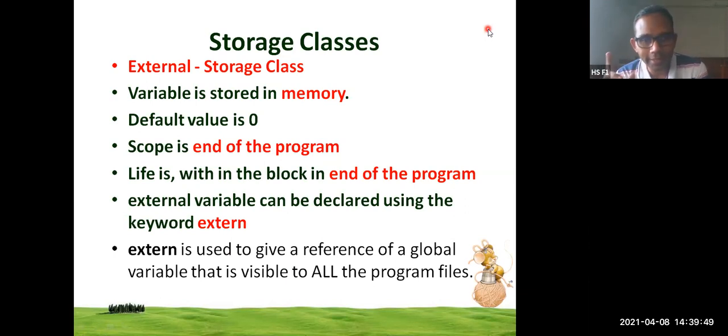Provided that you are going to provide the data or the value of 2 bytes, not exceeding 2 bytes. If you give more than 2 bytes of data for a register variable, it will automatically convert into an automatic variable. And if there is the availability of a register, then only it is going to create a register variable. Otherwise, it is going to convert the register variable into automatic. So we can say that the difference between a register variable and an automatic variable is that register variables are created on CPU, while automatic variables, static variables, external variables are created on RAM. That's the difference. Only accessing time.